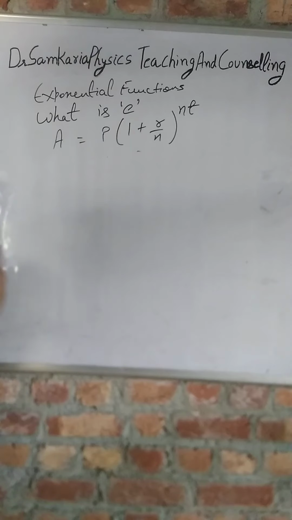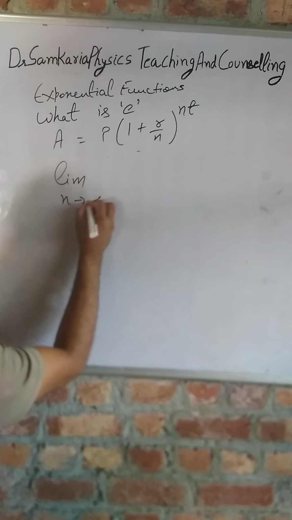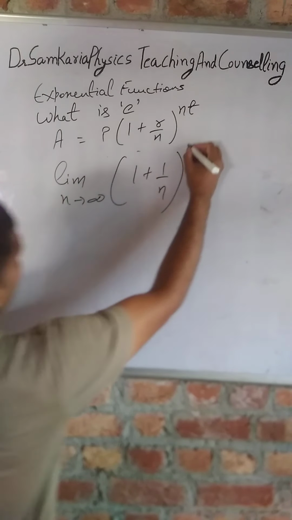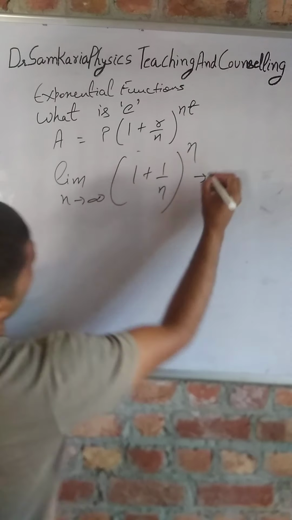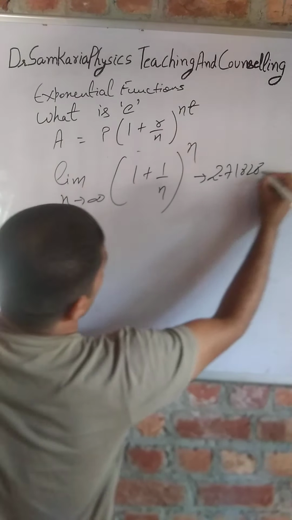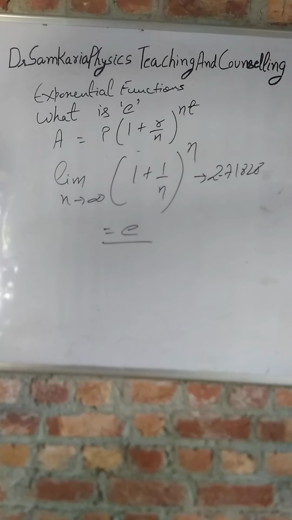You will get it for n equal to infinity, and this was first proved by Euler, that the limit as n tends to infinity of (1 plus 1 upon n) raised to the power n approaches a constant value of 2.71828, and it is an irrational number, and it goes on and on and on. This is E. So this is the origin of E. So what is E? E is the maximum possible value after continuously compounding a 100% growth over a period of time.